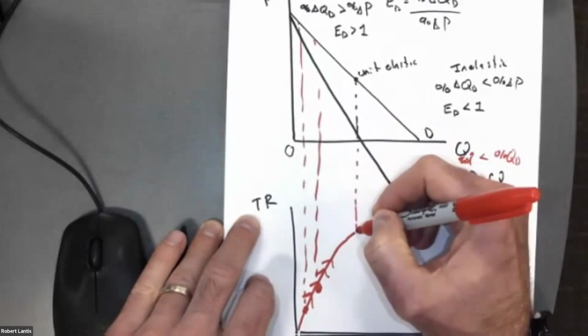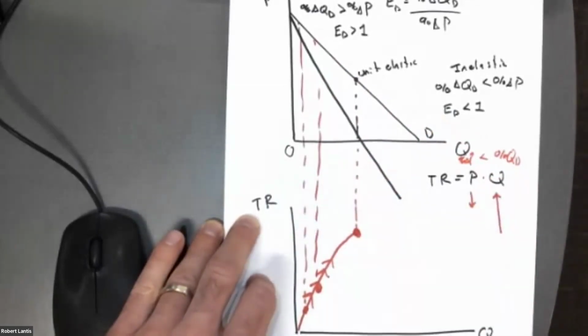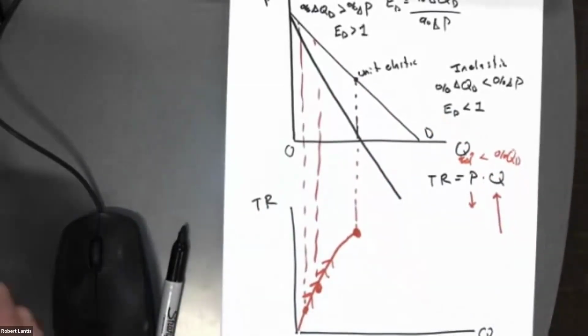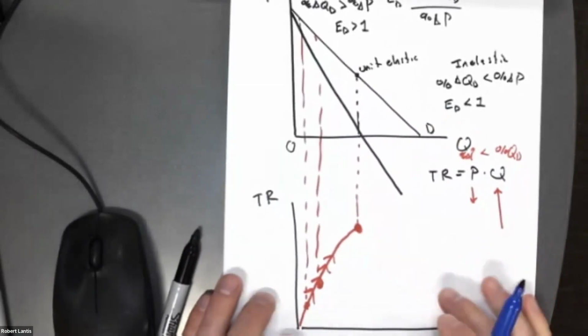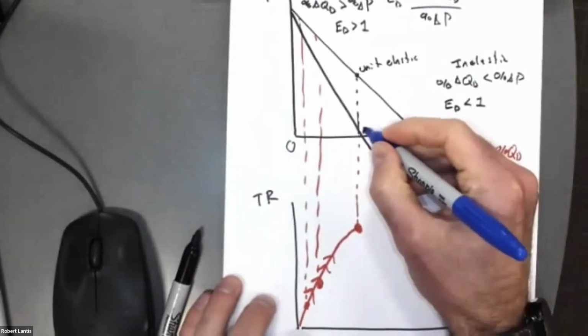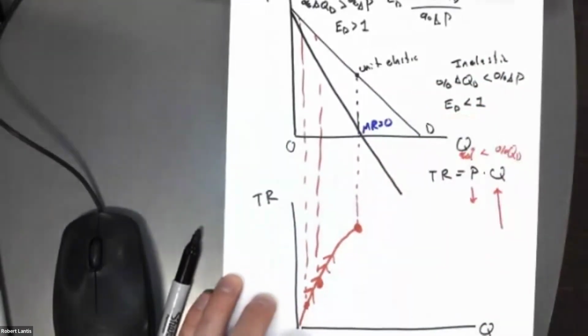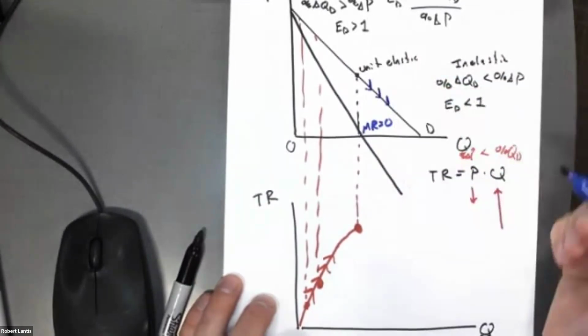Now, there will be a point when marginal revenue is equal to 0. Well, if marginal revenue is equal to 0, what's the change in my total revenue? At that very specific point, the change in my total revenue, or my marginal revenue, would be equal to 0. I've hit the maximum point of total revenue. Now, if I want to keep selling more units,